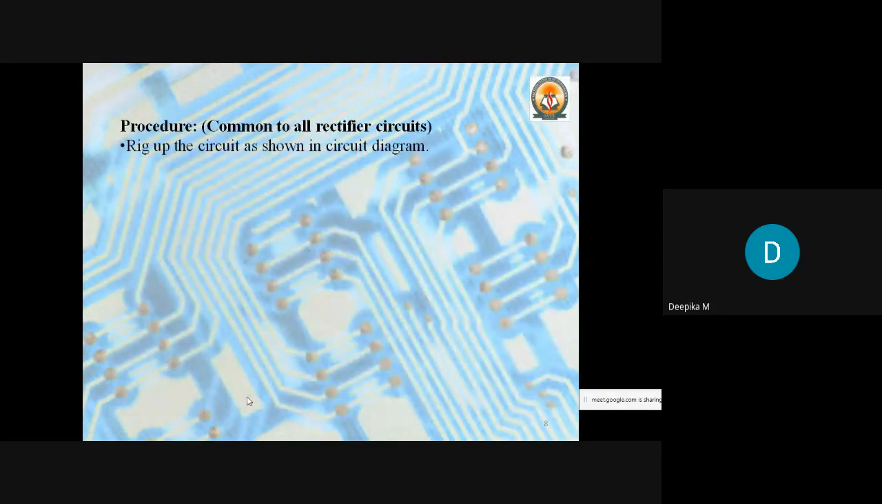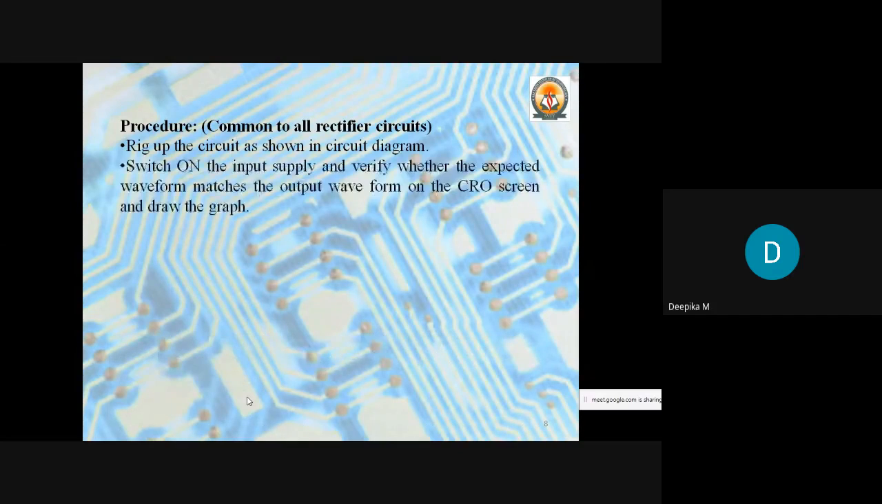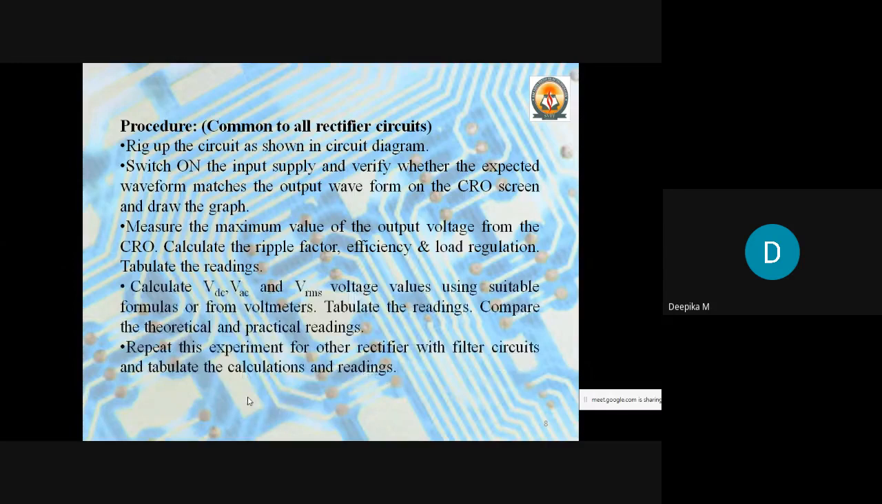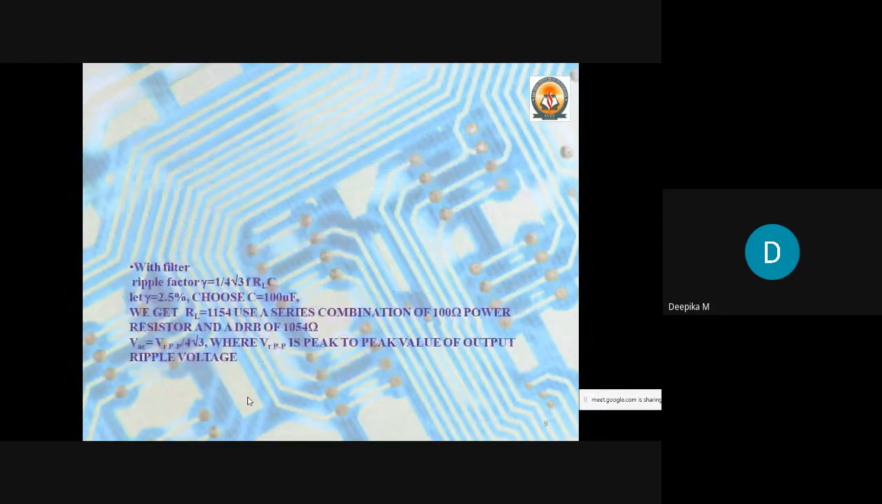Coming to the procedure: rig up the circuit as shown in the circuit diagram, switch on the input supply, and verify whether the expected waveform matches the output waveform. Measure the maximum value of the output voltage, that is Vmax, the highest value or magnitude of the waveform. By measuring that, we can calculate ripple factor, efficiency and load regulation. We can tabulate the readings and calculate VDC, VAC and VRMS, and we can do the same procedure for